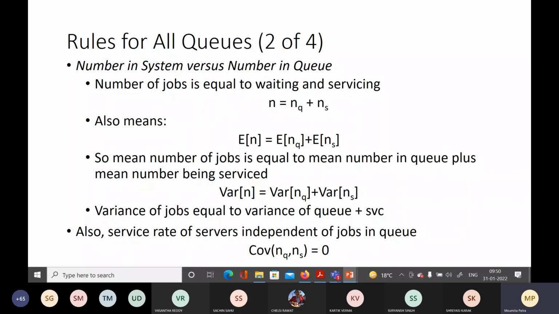Okay, but the capacity of that server will be the same, right? For example, let us just talk about the airline example only. So you go to any of the counters, the person can serve up to his capacity only, cannot serve more than that, right? But you will be waiting for what reason?